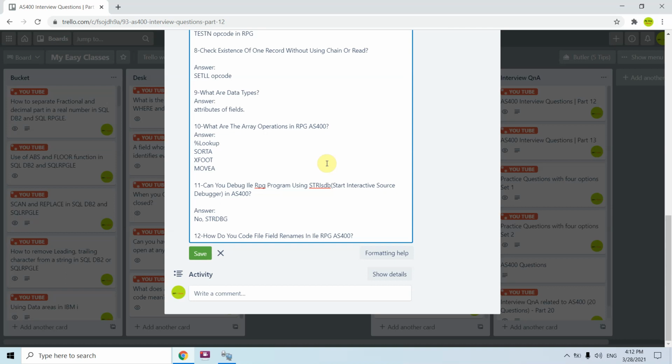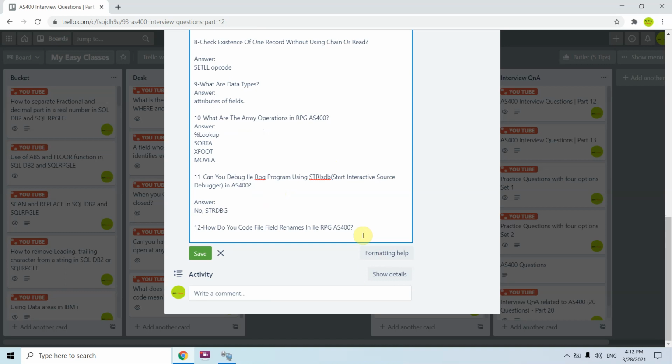I can debug even an OPM program using STRDBG by compiling it with *SRCDBG or *LSTDBG, *LIST, all those options, but I cannot use STRISDB with ILE programs. I can use STRISDB with the RPG programs. In that case, we will use STRISDB to start debug or ENDISDB to end the debug.